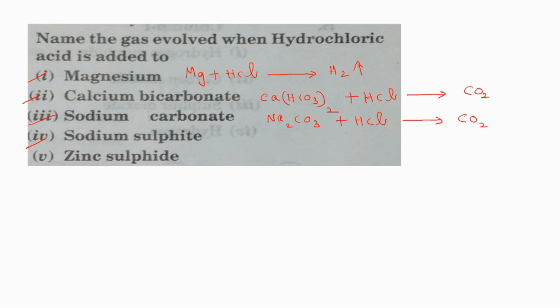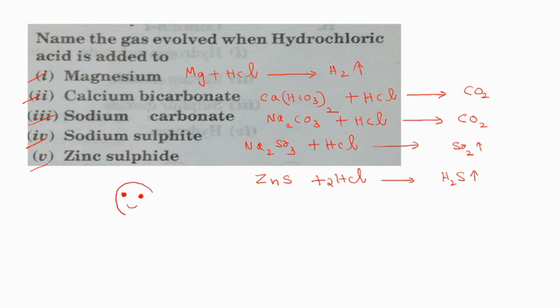Next one is sodium sulfite. Formula Na2SO3. Whenever dilute acid is added to a sulfite, which will be the gas evolved? That is sulfur dioxide. Now, again they are asking zinc sulfide. So, that is ZnS. Whenever we are adding dilute acid to a sulfide, which will be the gas evolved? It will be hydrogen sulfide. It's so easy for you now. You have answered these many questions related to the chemical properties of dilute hydrochloric acid. Keep on working hard. See you in the